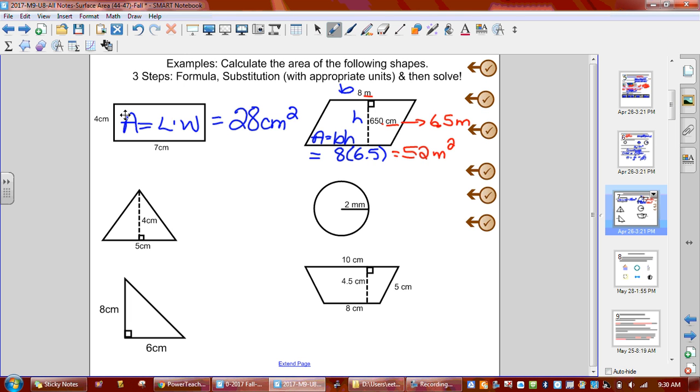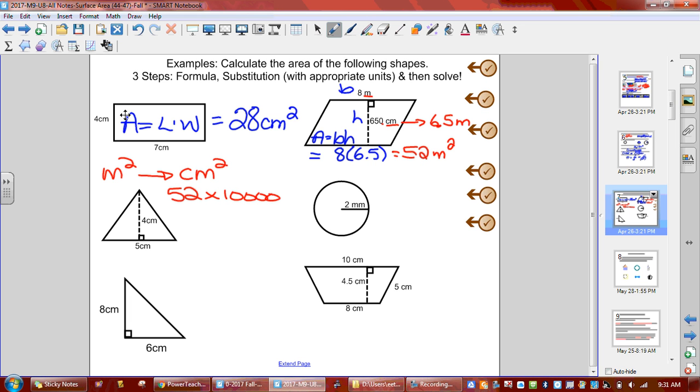So if they wanted the answer in centimeters squared, perhaps, I would take my 52 and I would times it by 100 twice. I've moved my decimal 4 times. So you times it by 10 4 times, which is 10,000, or you're just going to add 4 zeros to the end. So we get